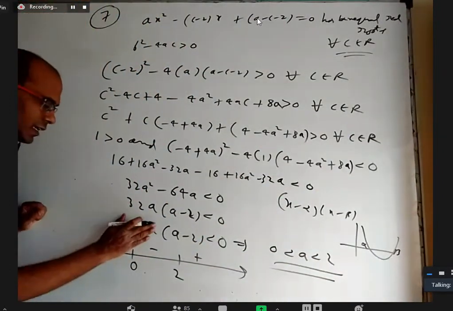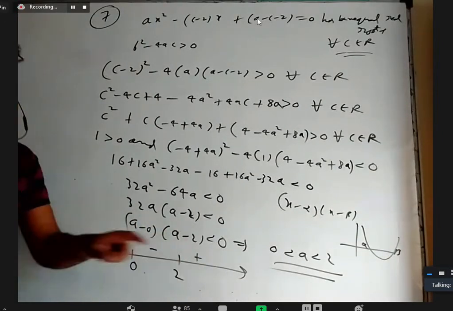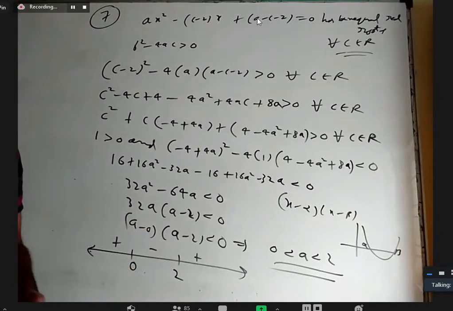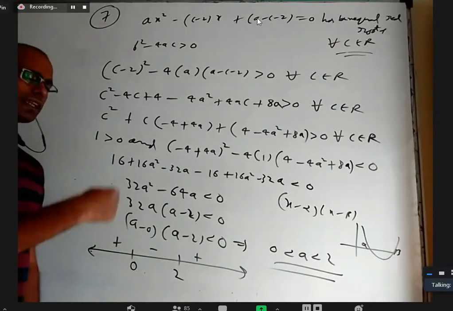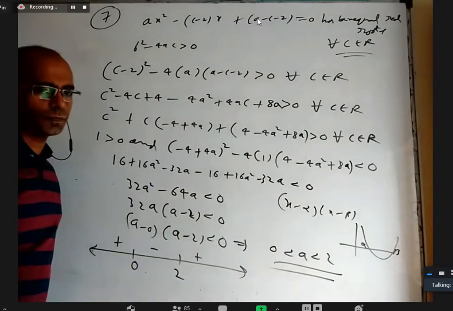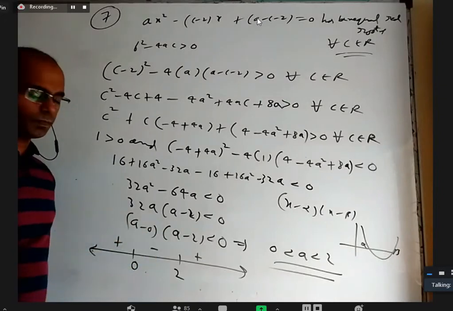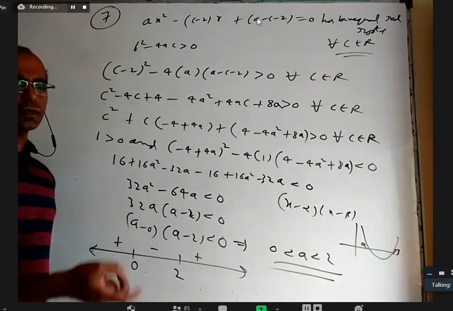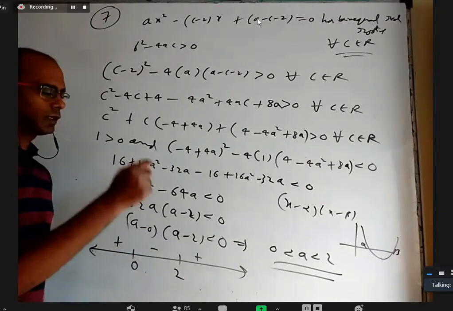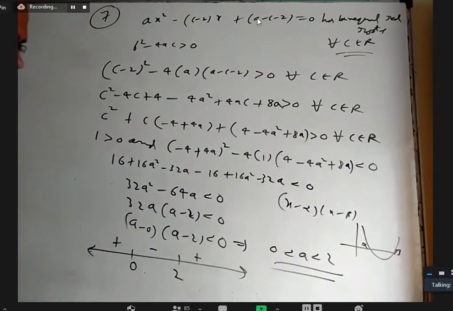Like that, this a can be written as a minus 0. It is like a minus alpha into a minus beta. If you want it to be negative, a should be between 0 and 2. Even with a little common sense, if you take anything more than 2 and substitute here, both factors are positive, so the product will be positive. If you take anything before 0, both are negative, so the product will be positive. If you take something between 0 and 2, like 0.1, 1 or 1.2, one is positive and one is negative, so the product will be negative, and we want it to be negative, which is between 0 and 2. That's the final answer.